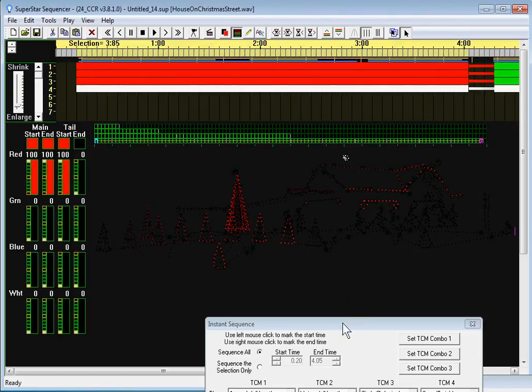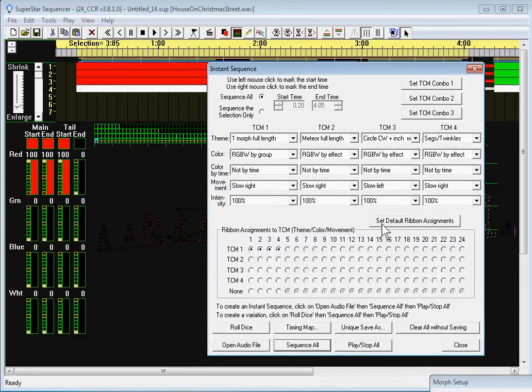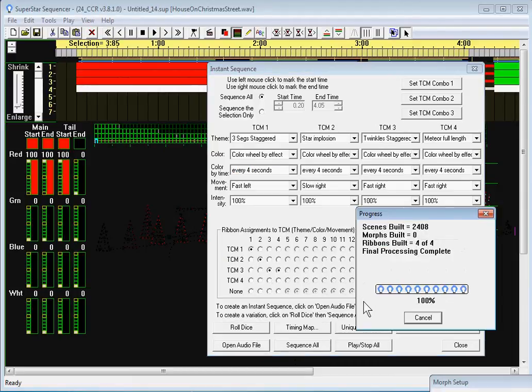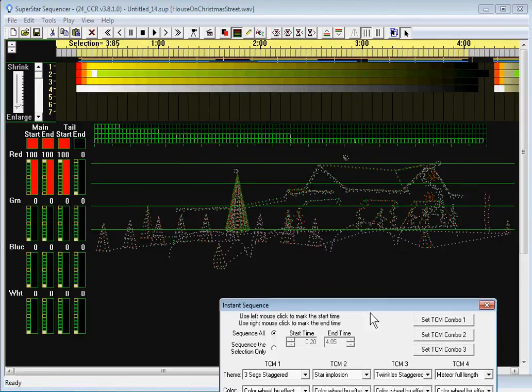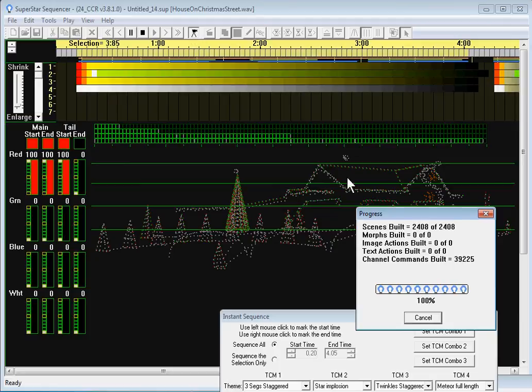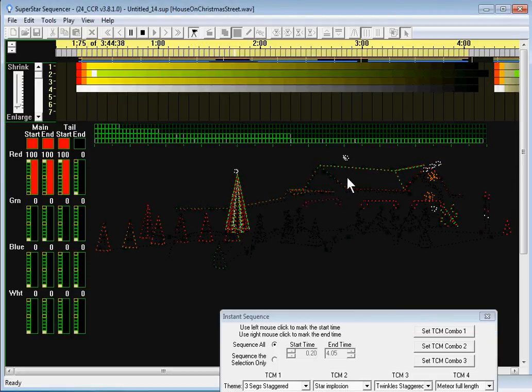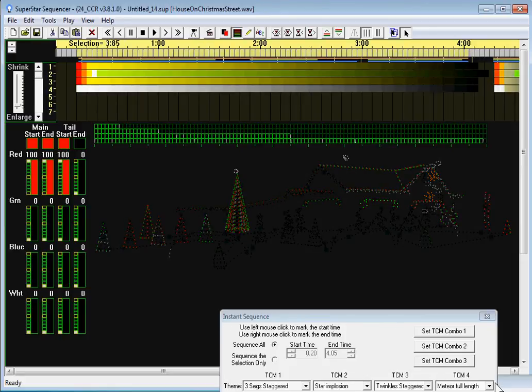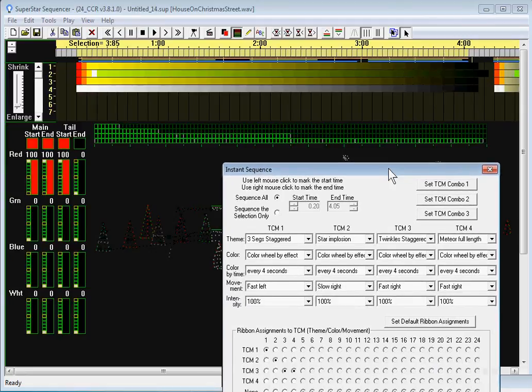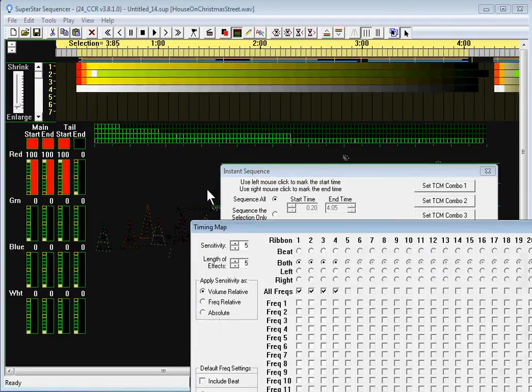And again, of course, we can go set default ribbon assignment and say roll dice, sequence all, and it still comes up with some cool stuff. Actually, I'm not that crazy about that one, but part of it is you can just roll dice again,